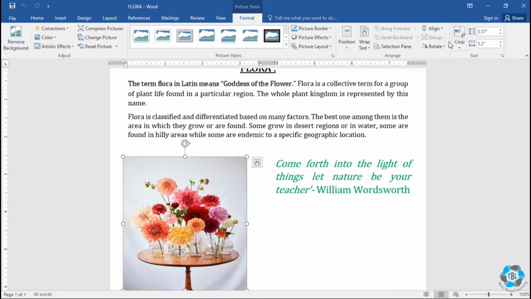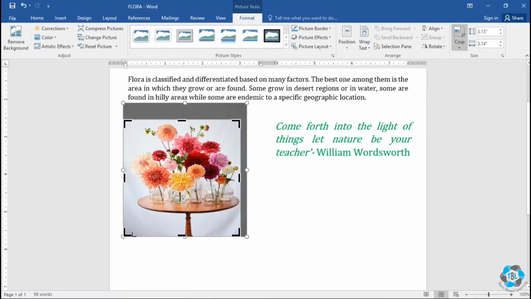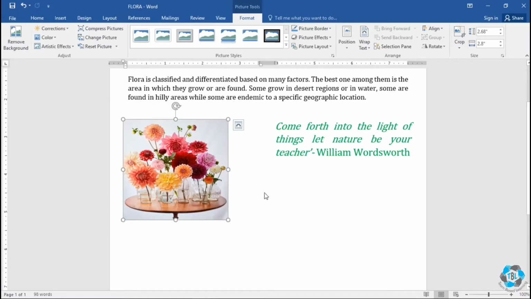And first, I'm going to show you how to crop an image to a different size. Just click the crop command and you'll see a series of cropping handles around the edge of the image. You'll need to place your mouse right over these handles or you might grab one of the sizing handles by mistake. Now click and drag the handle and part of the image that is going to be cropped out will be highlighted grey. Just keep making adjustments as needed and then deselect the command or just press enter when you're done.